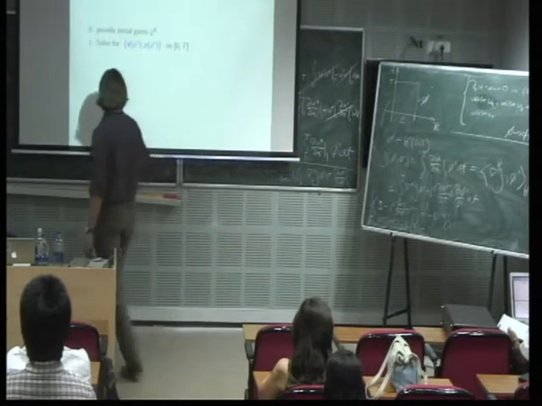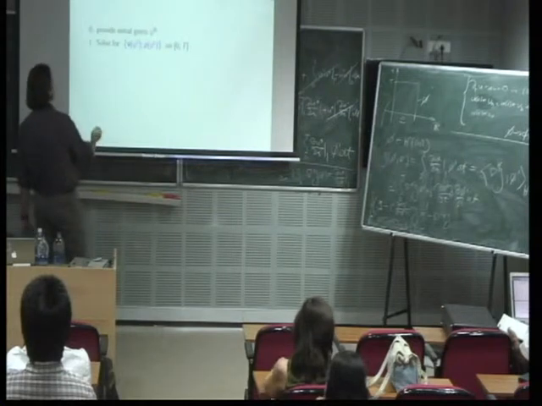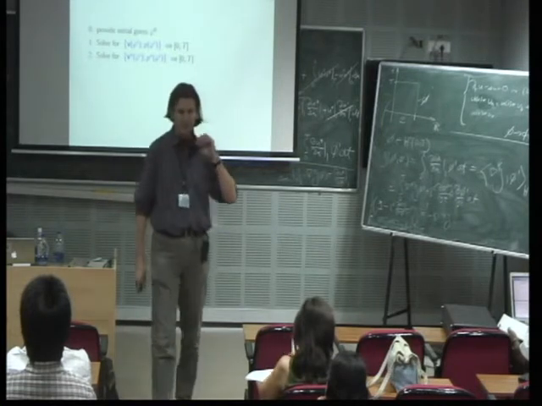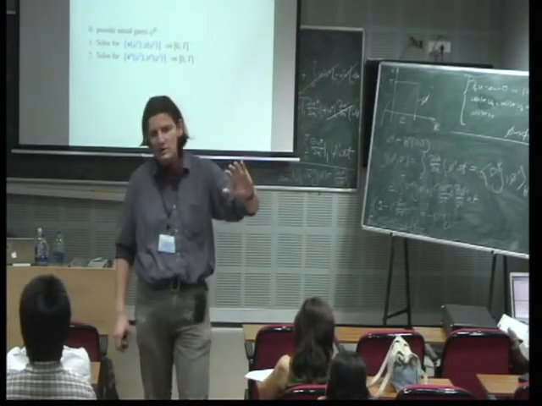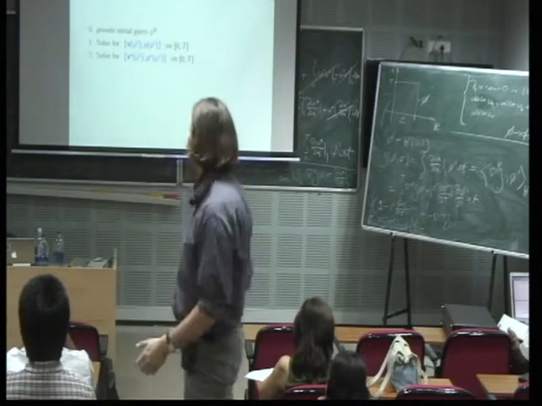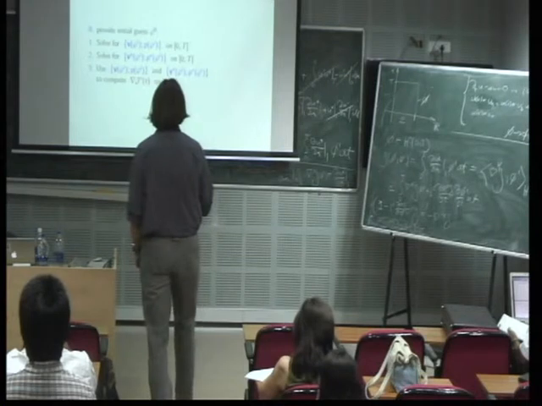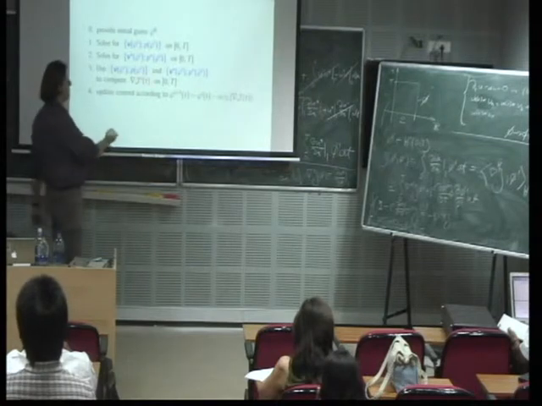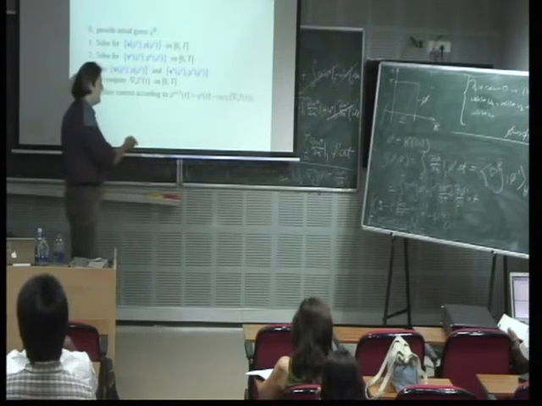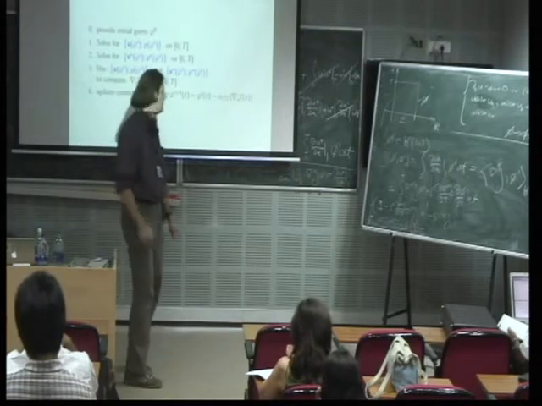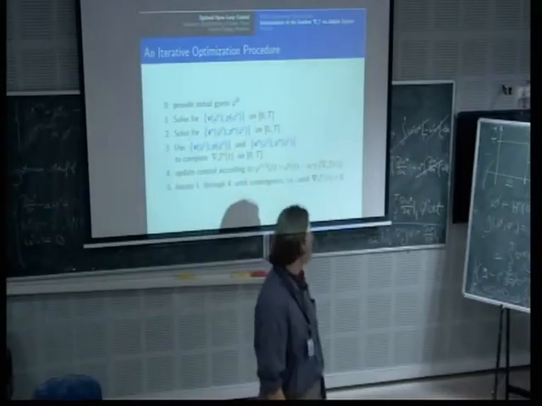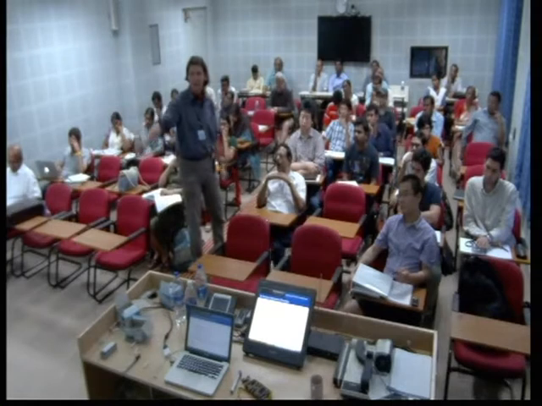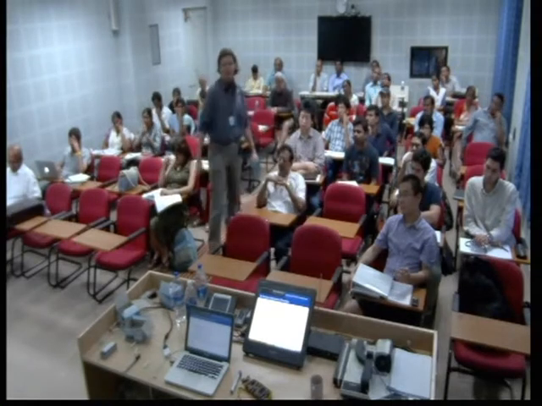Then one solves the governing system corresponding to this particular control, and then one solves the adjoint system backwards in time. Okay? So one needs a forward sweep for the governing equation and a backward sweep for the adjoint equation. Now, with these two solves, one can evaluate the cost functional gradient, which in our case is a function of time, and then use this gradient to update our approximation of the control. And one iterates this until convergence, which may be characterized, for example, by the vanishing of the gradient in some suitable sense.